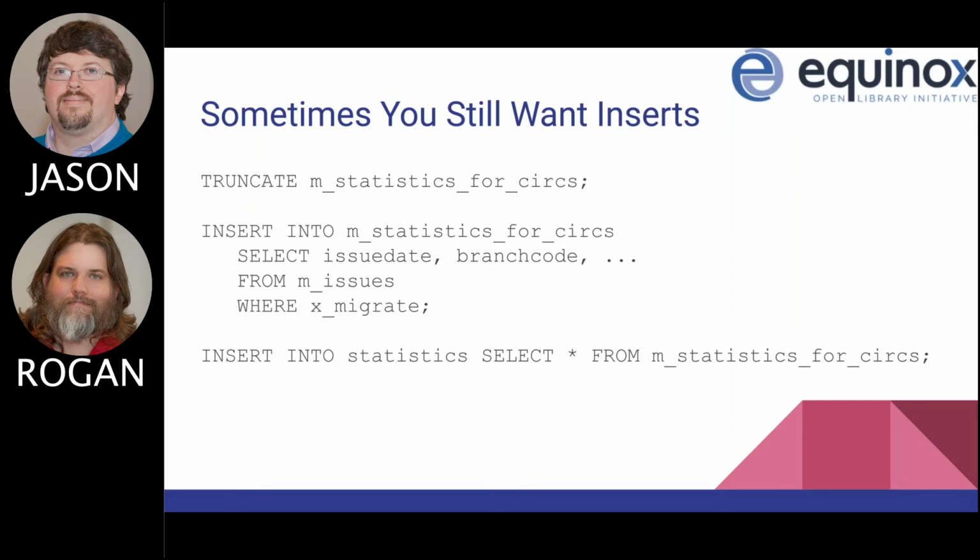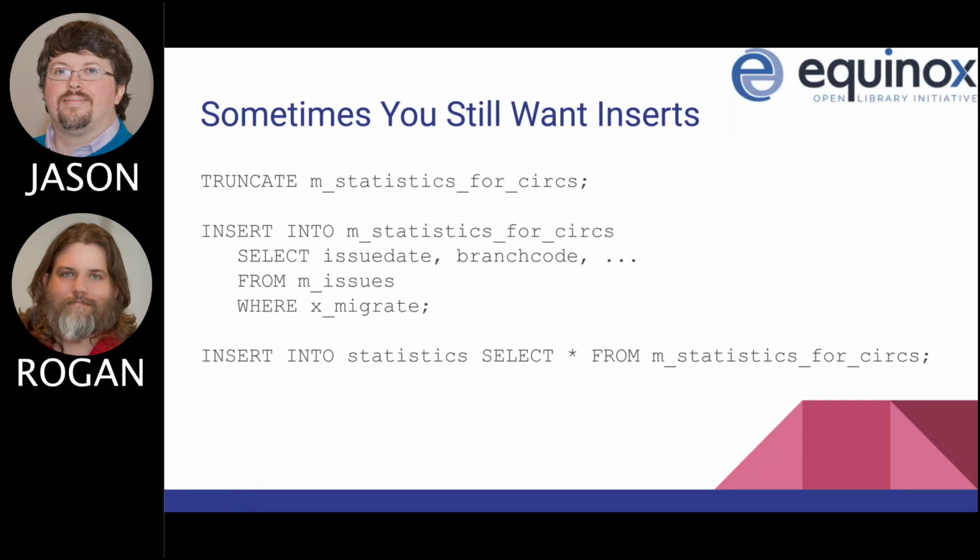And those things can be staging tables, but you don't have to necessarily munge or map them the same way. It still gives you easy iteration. You're not polluting a production table or anything. But sometimes you have derived tables or auxiliary tables where it's going to be pretty simple just to do things like this. In this example, this is a staging table that's going to eventually get pushed into the statistics table